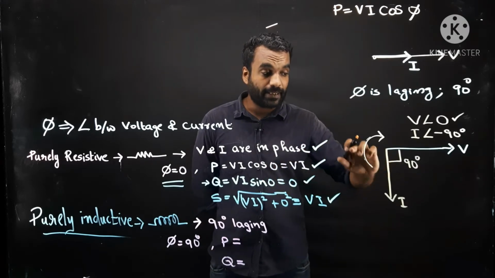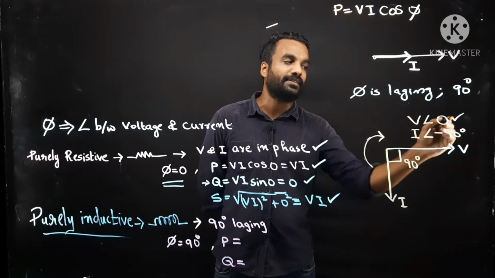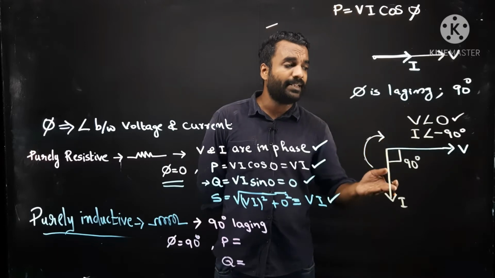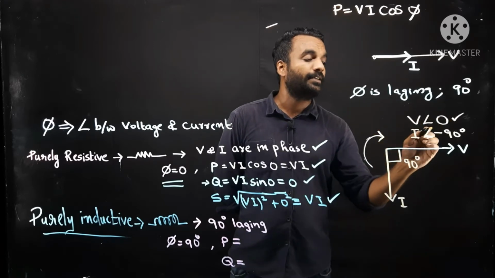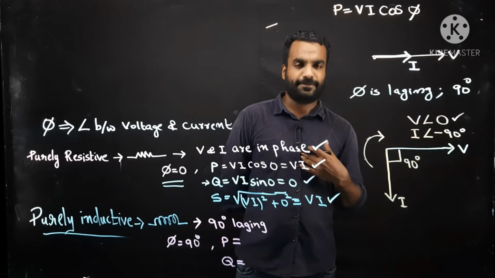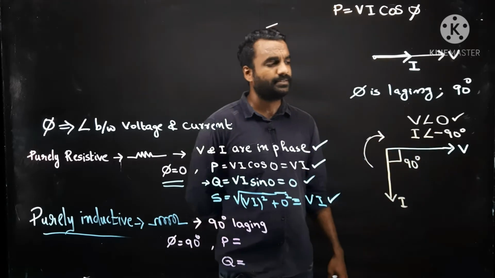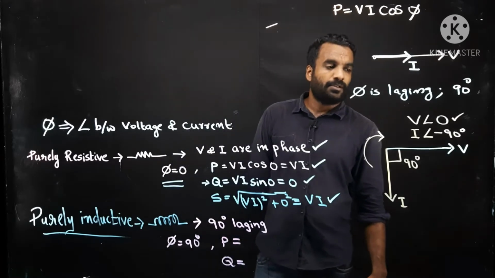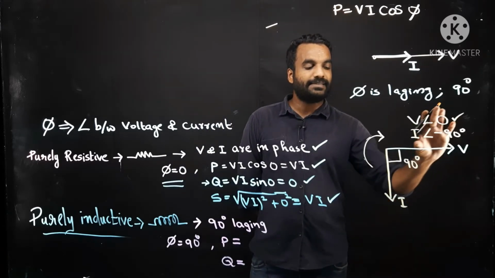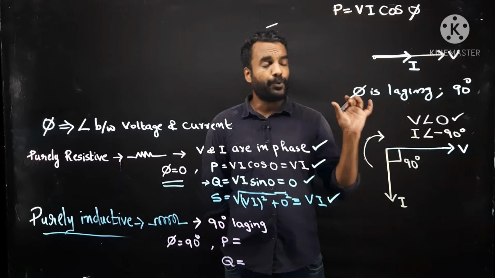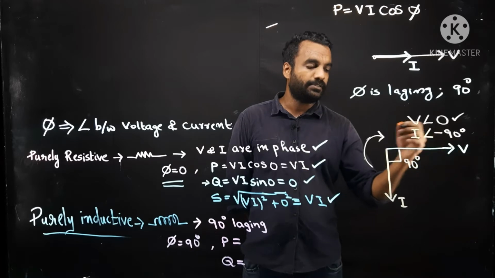So now you are taking reference in clockwise direction, and initially you are seeing voltage. So voltage is the reference, voltage angle 0. Only after 90 degree in clockwise you are seeing current. So with respect to voltage, current is 90 degree lagging, in clockwise direction. As it is in clockwise, we have to take minus 90. So voltage is 0 degree and current angle minus 90 degree. This case indicates a purely lagging circuit or purely inductive circuit. So this is V, this is I.